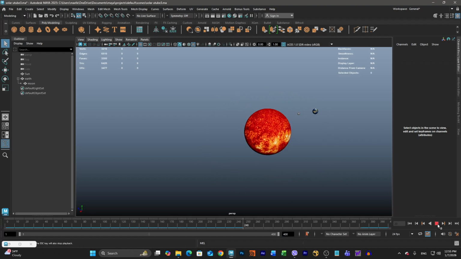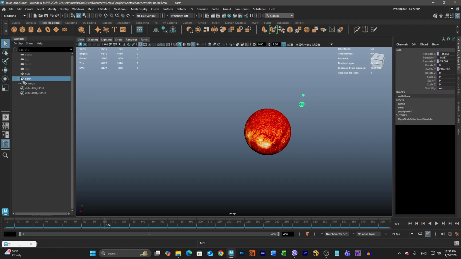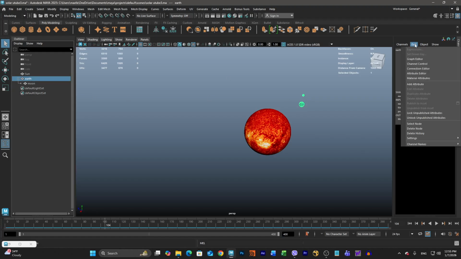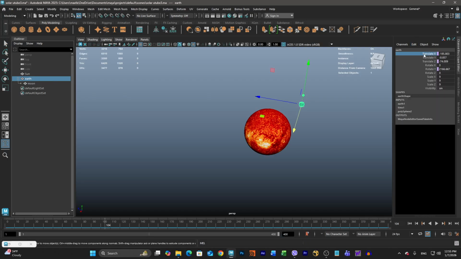It is rotating around the y-axis, but what we need to do is to control the orbiting of the moon, how fast it orbits the Earth. The moon orbits the Earth, but the speed can't be controlled. We can't change the speed because it is controlled by the expression of the Earth. If we select our translate channel and go to edit expressions and see our Earth expressions,